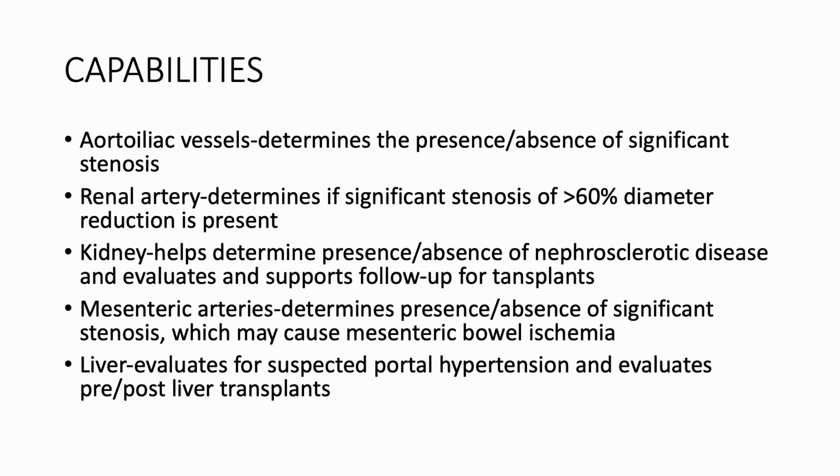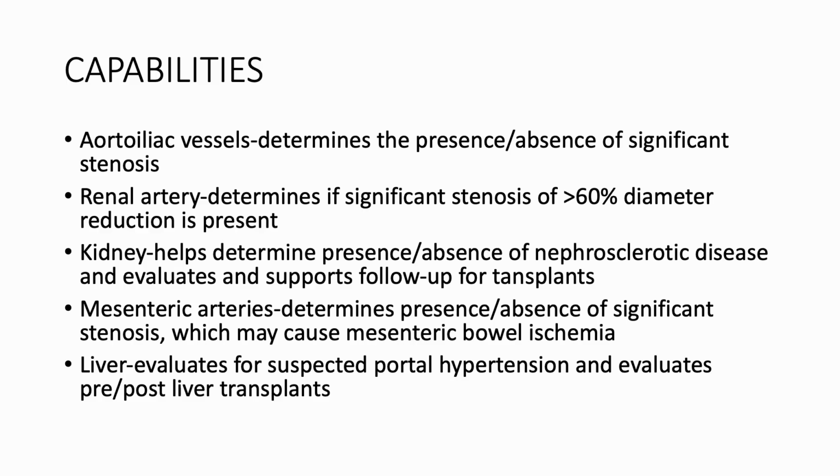Capabilities here. The aortoiliac vessels, we're going to help determine the presence or absence of a significant stenosis. Aortoiliac meaning abdominal aorta, common iliacs. For the renal artery, we are going to determine if the stenosis is greater than 60% diameter reduction. The kidney, we're going to help determine the presence or absence of nephrosclerotic disease and evaluate and support follow-up for